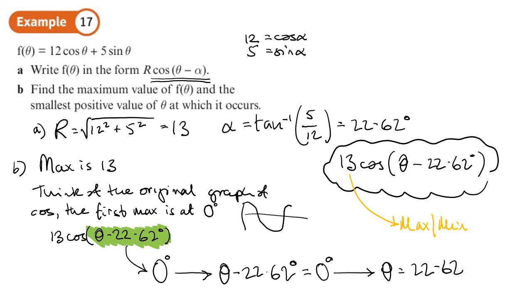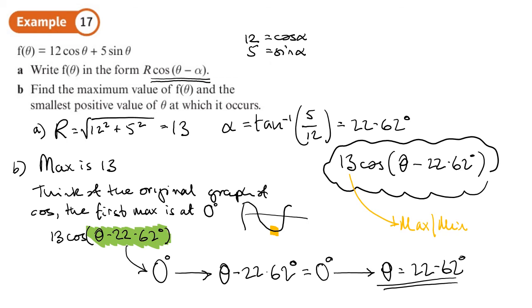So that's basically where the first maximum appears. If I wanted to know where the first minimum appeared, well, the minimum of the normal graph of cos would be here at 180 degrees, in which case we'll say, right, I want the contents of the bracket to be 180 degrees. So in other words, I would solve,